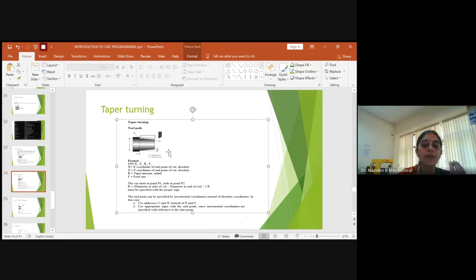So based on that, you have to provide the taper amount which has to be extracted. So that has to be calculated with respect to the feed rate. So here you need to know two constraints. One is the cut starts at point P1 and ends at point P2. So here this is the P1 and this is the P2.